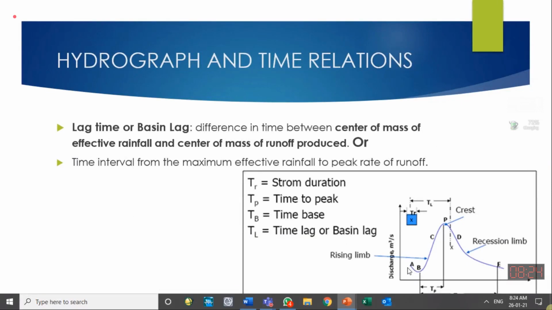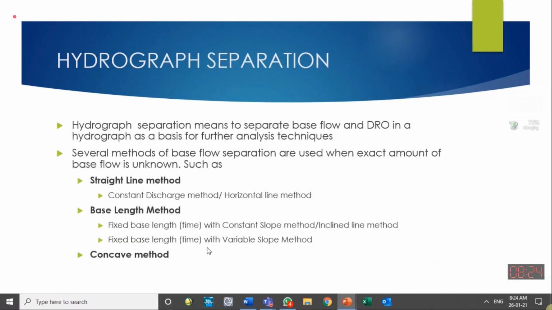Rather, the first part of the line will be the extension of line AB as a recession curve up till the time of the peak. Up till the time of the peak, this recession curve will continue. That is more logical, because the groundwater is still not affected by the rainfall, and the base flow continues its previous trend. But then a time comes when the groundwater is affected by the rainfall, and it starts increasing its base flow, or releases to the channel. So it continues till the peak, and then continues to point C, n days after the peak. That's also a more logical, better method.